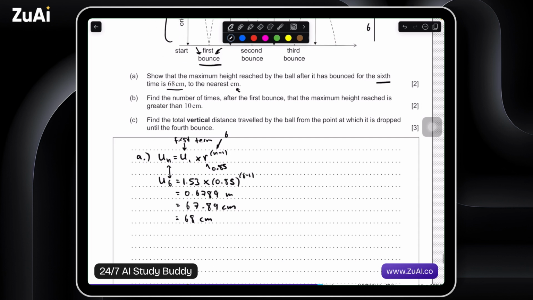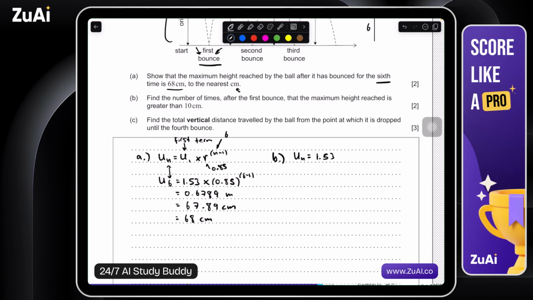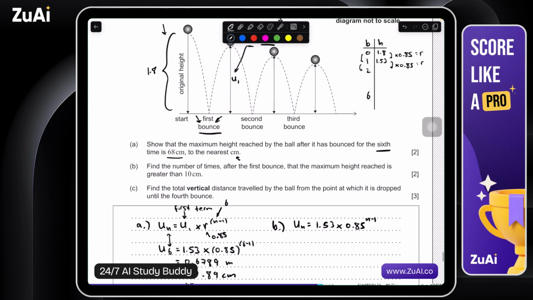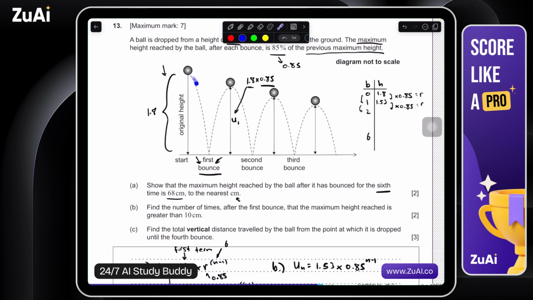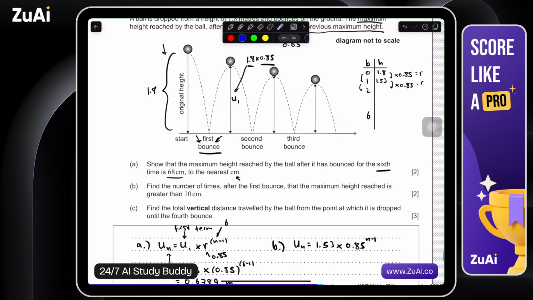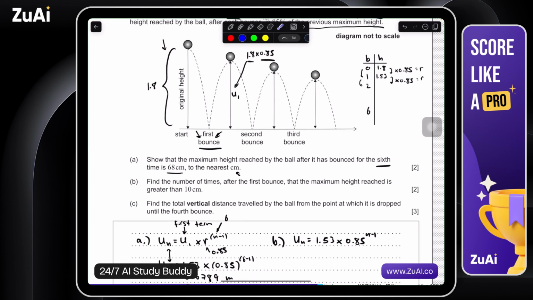Okay, part B. Find the number of times after the first bounce that the maximum height reached is greater than 10 centimeters. So we've kind of done the hard work, and we've got an equation which is 1.53 times 0.85^(n minus 1). If we look at this, every single bounce, it goes less and less. We want to find the number of times that this bounces such that the maximum height reached